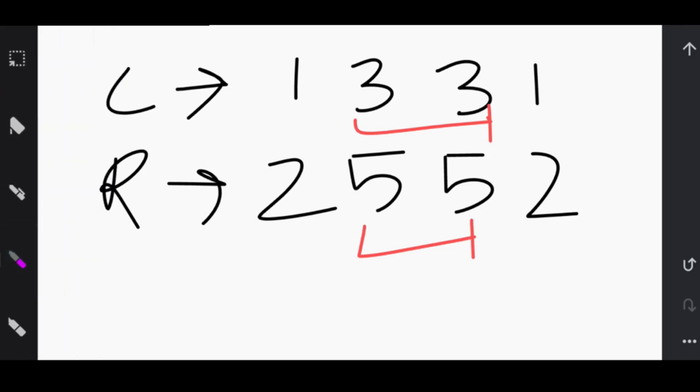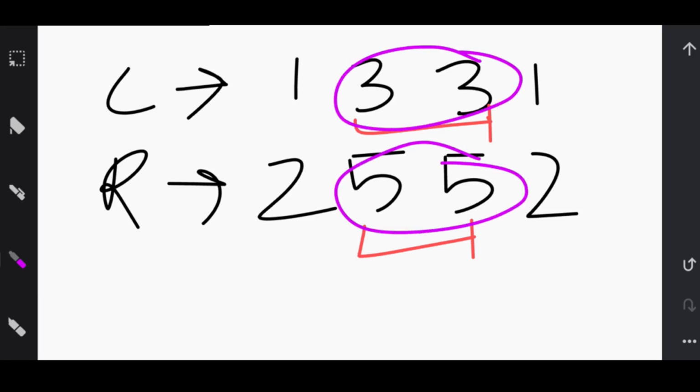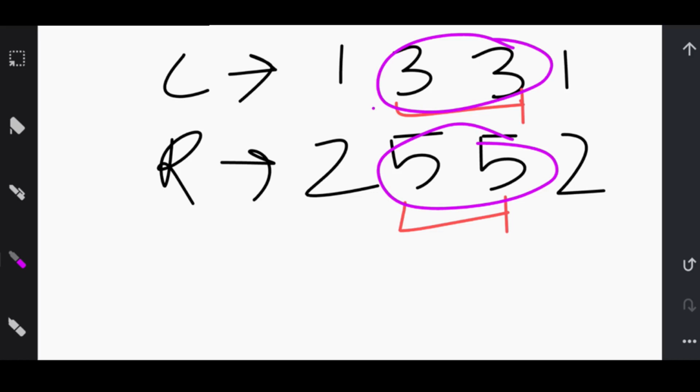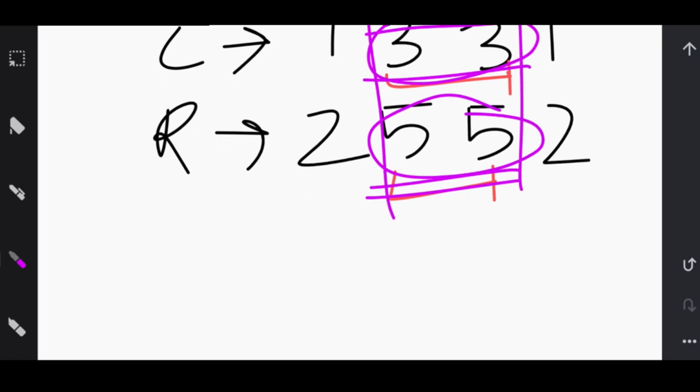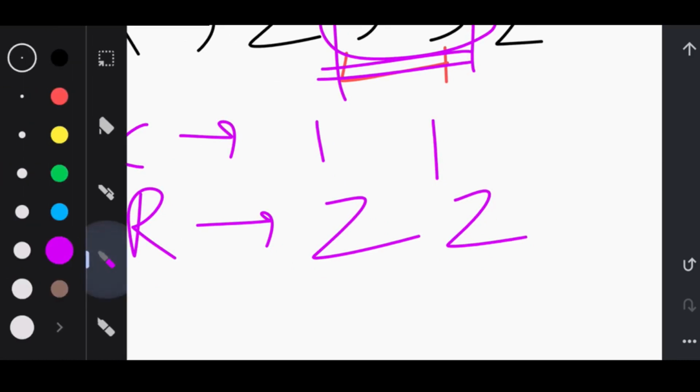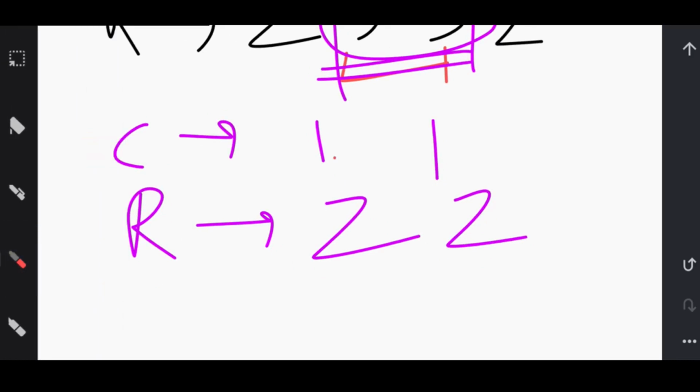For i equal to 1, we can see 3 and 3 are the same and 5 and 5 are the same. So if both are the same, then we will remove these from the array. Now our color array is 1, 1 and radius array is 2, 2, right? Again we will check from i equal to 0.